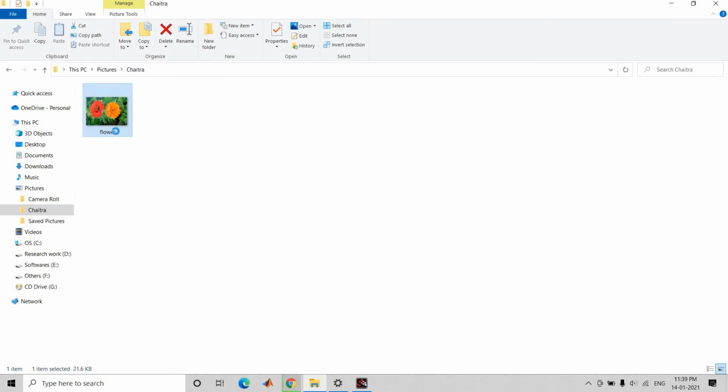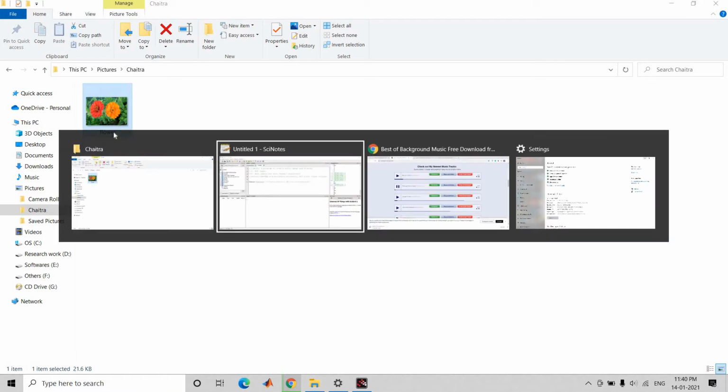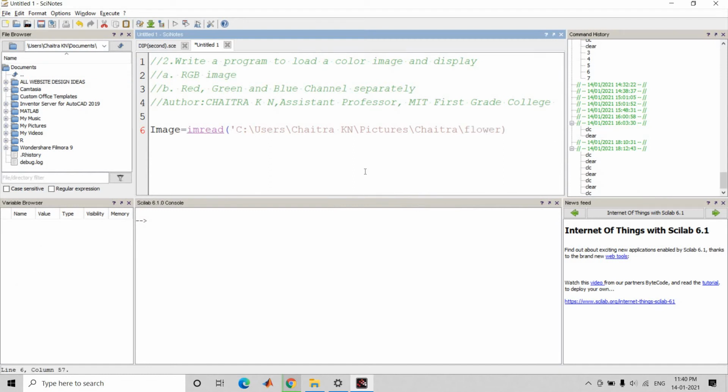Then my image name is flower. Copy the flower name and paste it, and the image is stored in JPG format. End with a single quotation. Then give a semicolon.